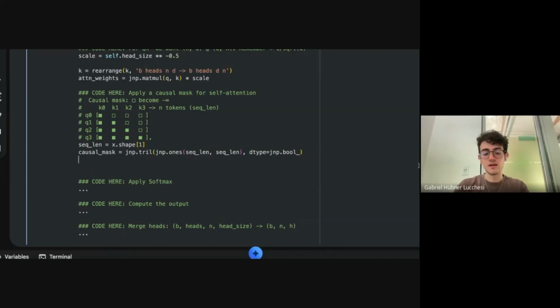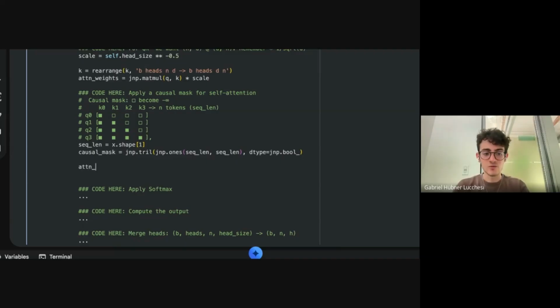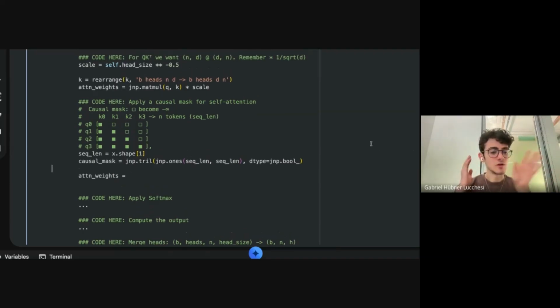So what that looks like is we're going to finally calculate the attention weights based on that mask. We call them causal masks because we only look at causal tokens, the tokens before the current one. And you're going to see that every single thing that is not false will be used, but every single thing that's false, we're going to be converting them into negative infinity.